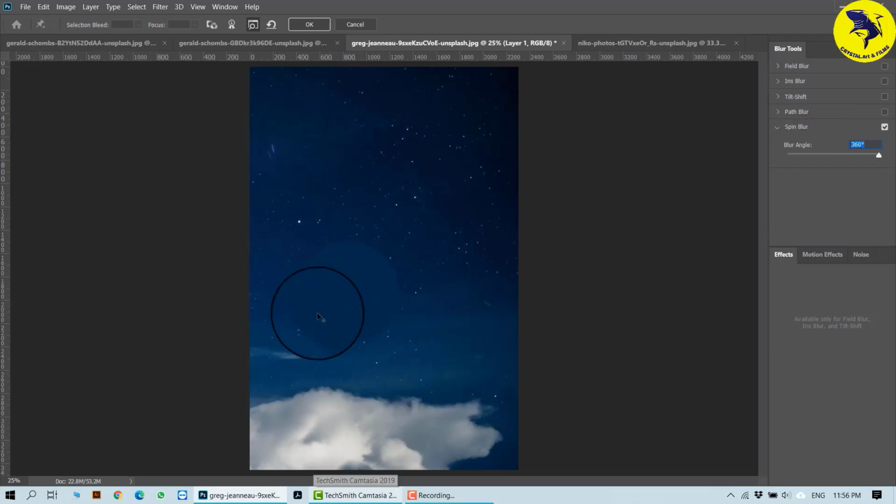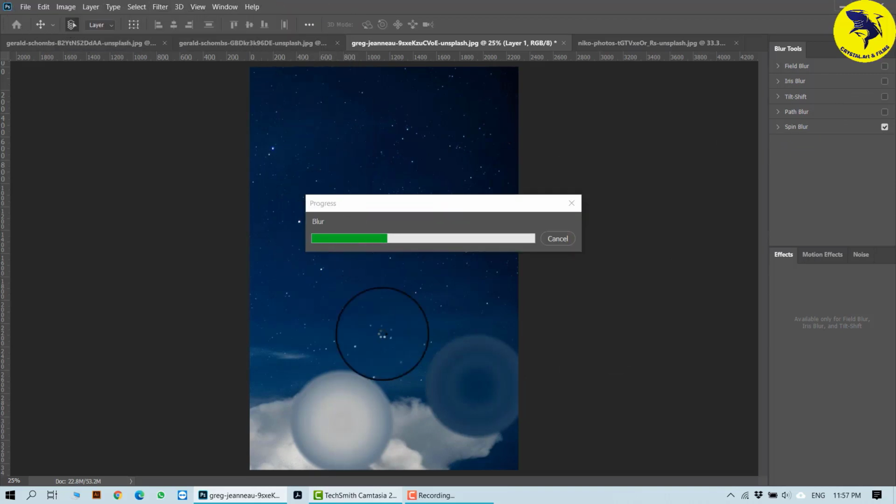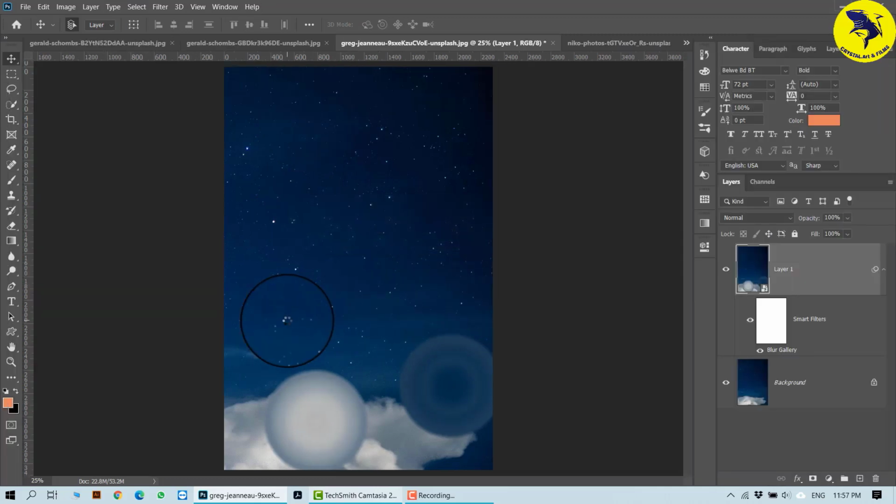In case I increase it, you can see it gives the effect as if a bubble has happened. And if you want to undo it, you can do it from here, and all the blurs are gone. Now again, if I give a blur here, and increase my blur, this is how it happens. Someone here, half in, half out, this is how the blur happens. And once you're done, you need to press OK, and the blur will be applied onto your picture.